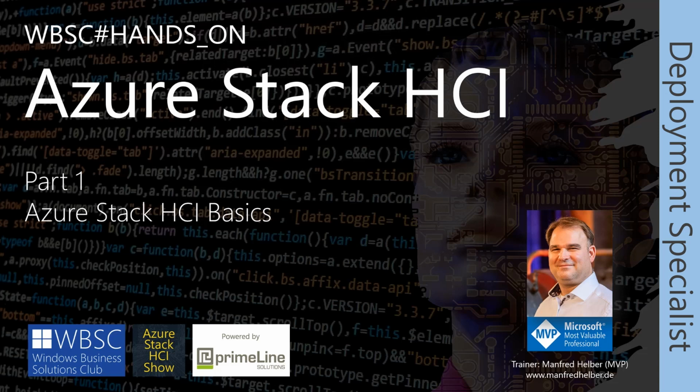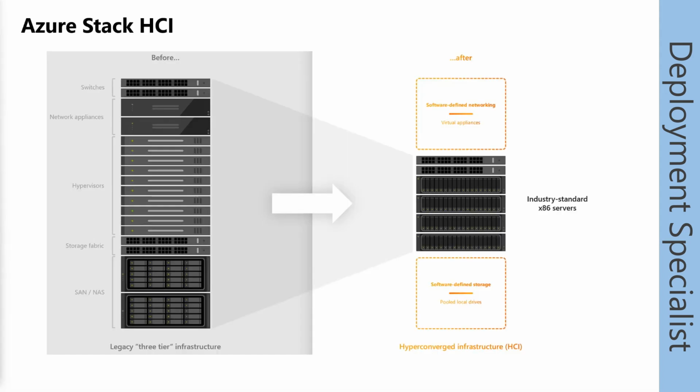When we first have a look at a slide where we can see a comparison between a 3-tier traditional infrastructure on the left-hand side and an HCI solution on the right-hand side, we can see clearly the difference. In an HCI infrastructure, we are using industry standard servers to provide the virtualization for the compute, the software-defined storage, and software-defined networking. In the traditional stack, on the left-hand side, we typically have SAN systems to provide the storage